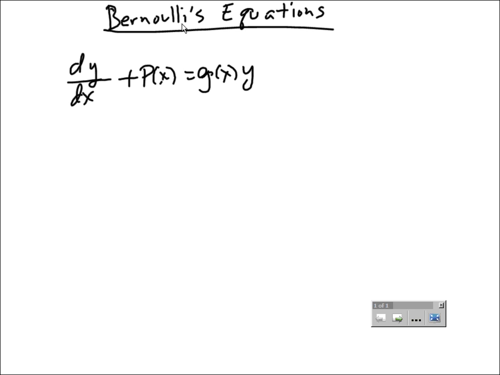And this power of n is any number. Now, if n is 0,